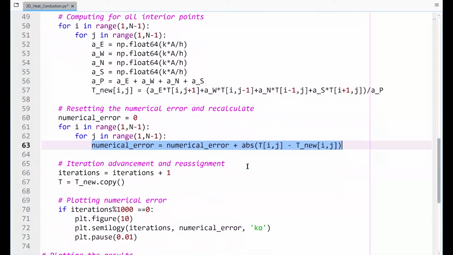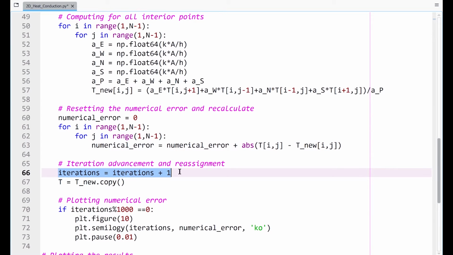So basically the old value minus the new value, take the modulus of that and sum it over all the points. Because the boundary conditions are the same, I'm only having those loops for the interior grid points. Once that is done, we say that we have done one iteration.